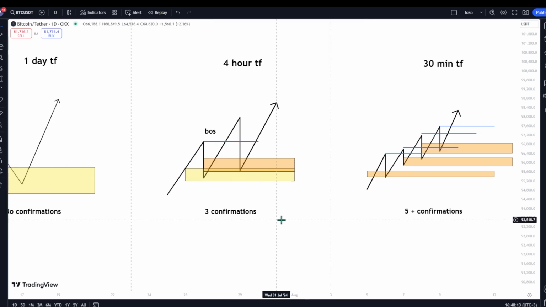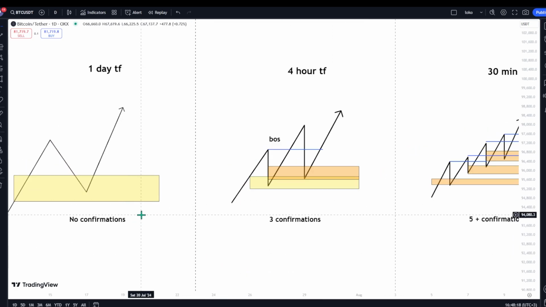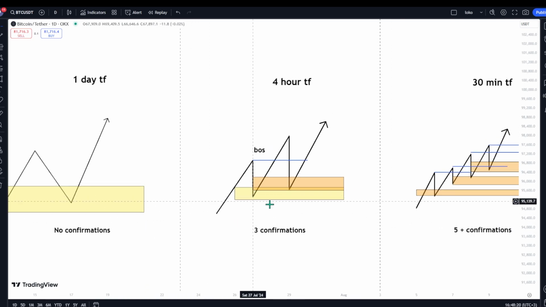So after you have defined your trend line and your point of interest, you move to a lower time frame. Here on the 4-hour time frame, on the 1 day time frame we mentioned 1 FVG, but on the 4-hour time frame we have a different point of interest. For example, here we can see an FVG, here is an order block, and here we have our point of interest zone, confirmed with several confirmations,